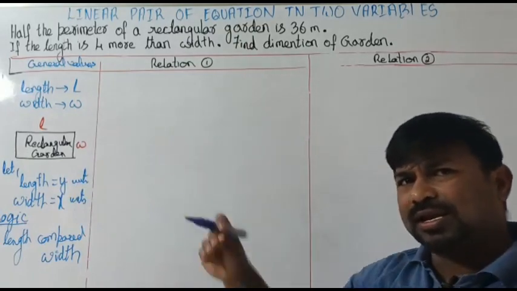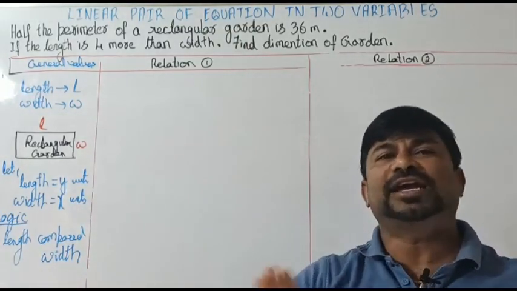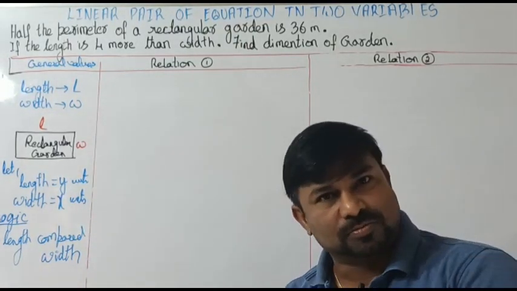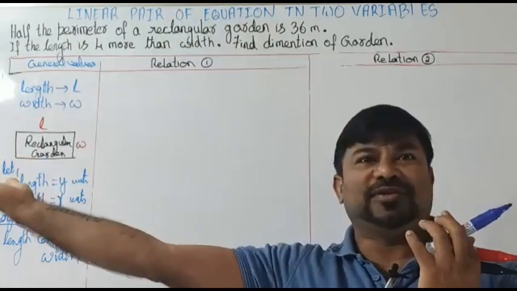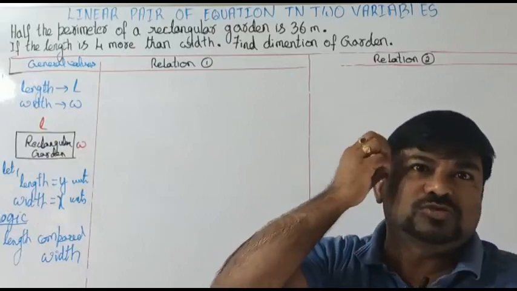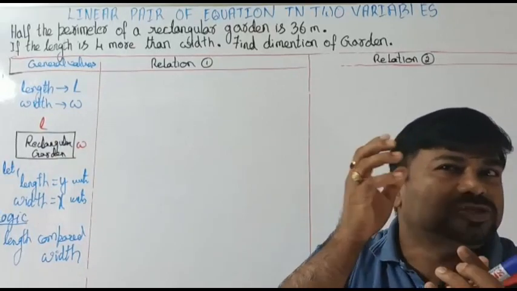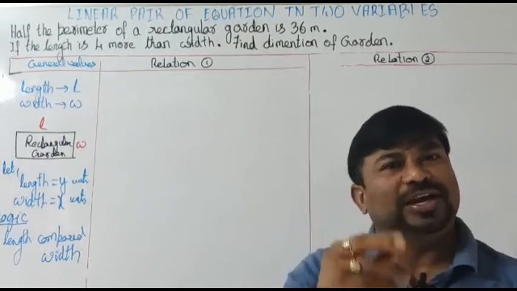Then why did we take it earlier like that? Because generally we take length as x and width as y, but here length is compared to the width, therefore I made changes. This is what you are supposed to think. This is a strategy you are supposed to think.